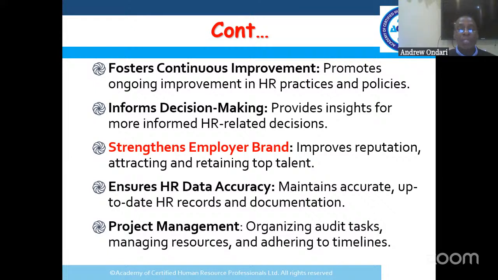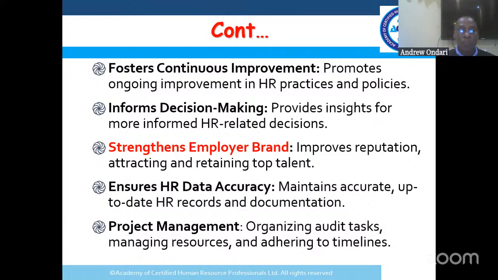Training can be approached as a project. Performance management can be a project. And many other functions within the HR function. So by conducting HR audits, we are able to approach the performance of the HR department in a way that is